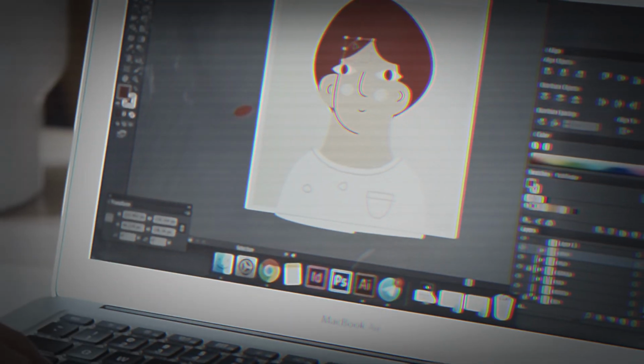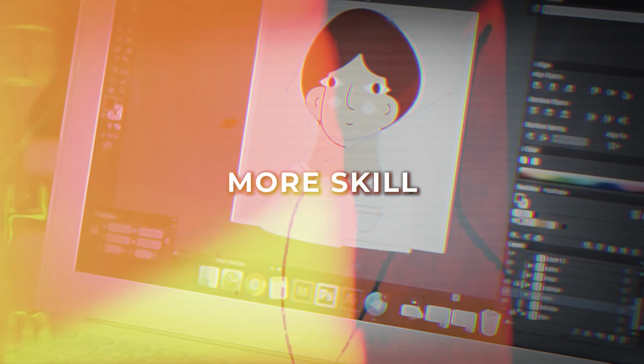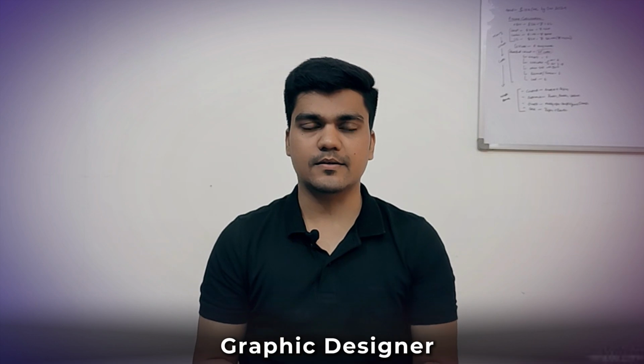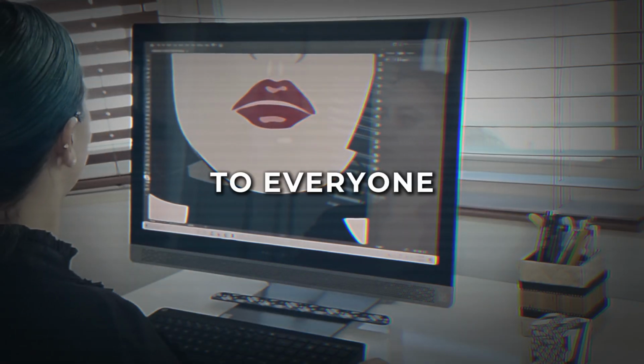Person B, correct? The reason is, he's only focusing on one service, so you're likely to feel that this person has more skill compared to person A, and that is why you're likely to choose person B. And similarly, let's say you are a coach and you're looking for a graphic designer, and again person A is providing graphic designing to everyone, while person B is providing graphic designing only to coaches. Who would you likely choose in this case?